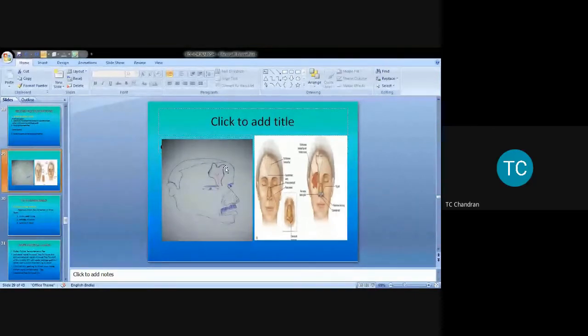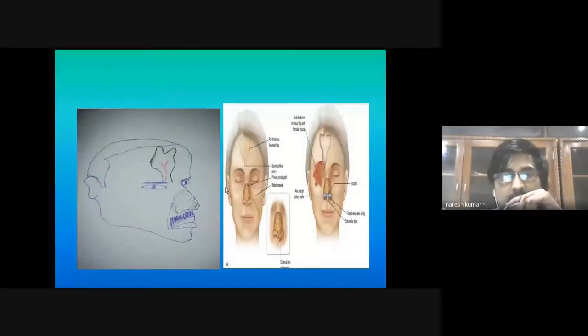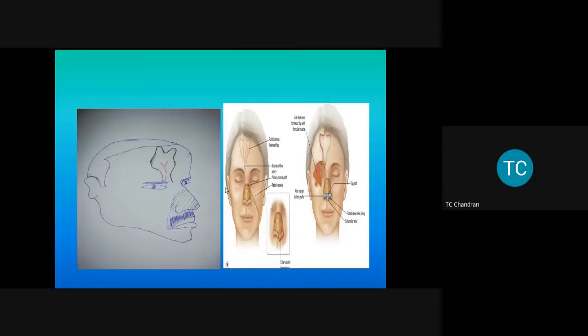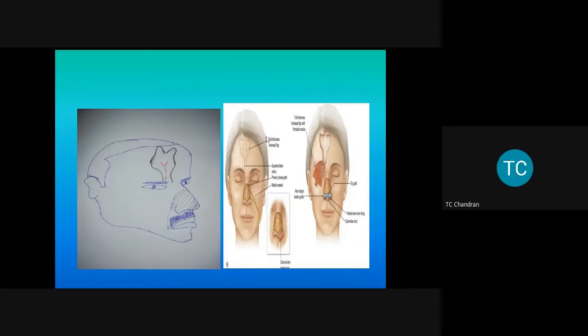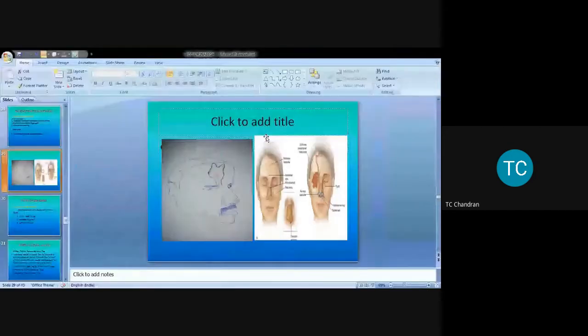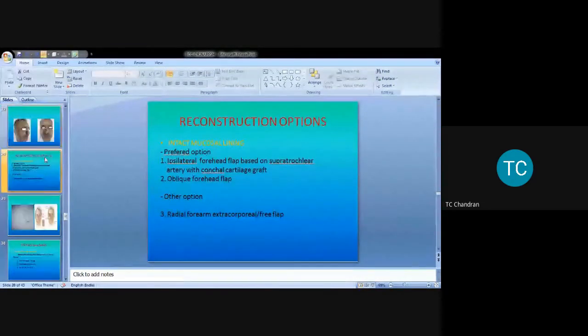Oh, it seems to have a lot of extensions. For the tip and right side ala, I gave two extensions. Do you think this will be easier, or will a contralateral forehead flap be easier? Contralateral will be easier, sir. Obviously, because if you take an ipsilateral one, it is going to kink further. The pedicle is going to be turned more than 180 degrees, so it is much more difficult than a contralateral forehead flap, isn't it?